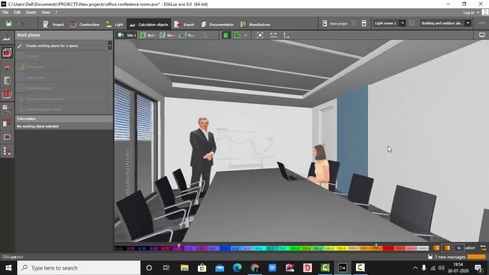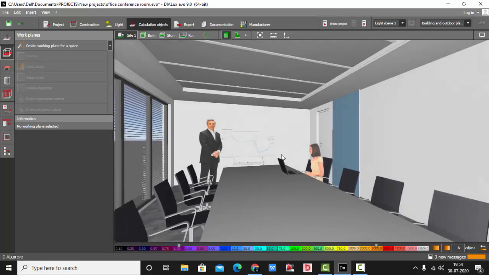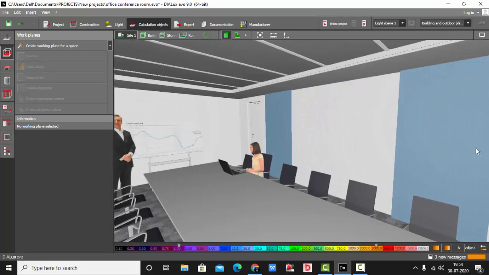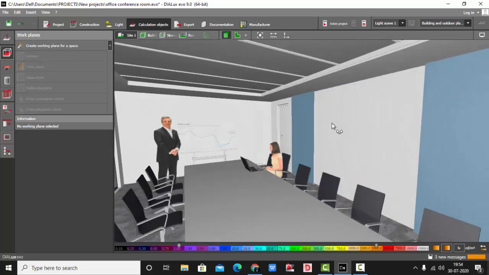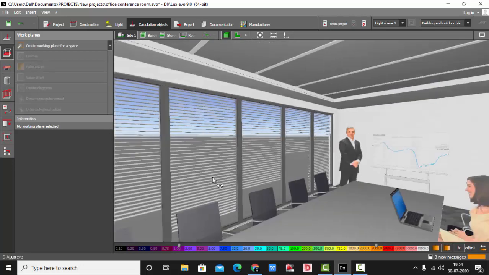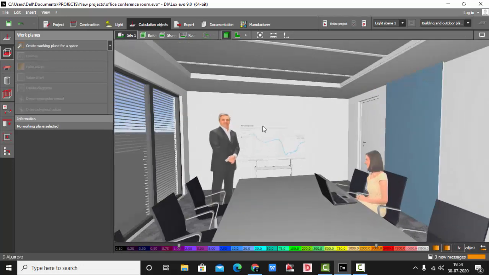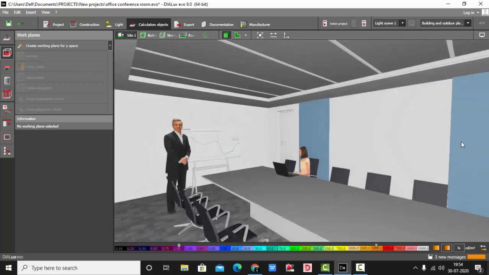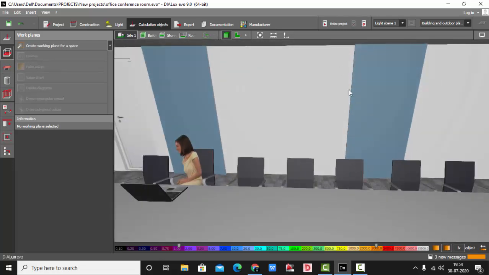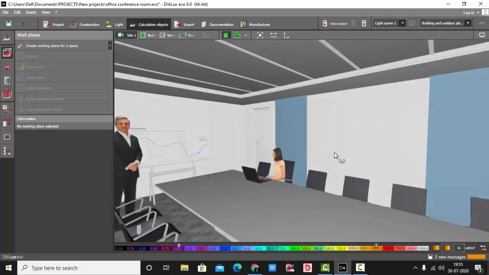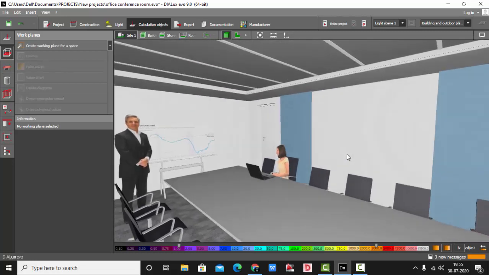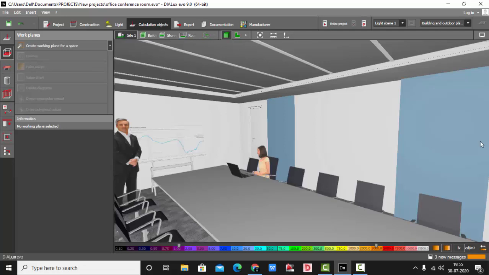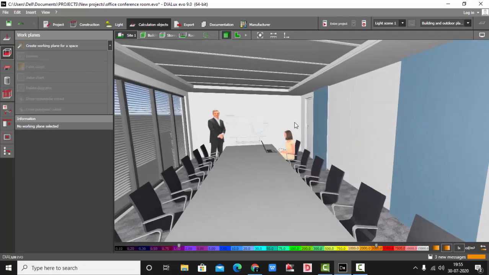First you need to select on which object you need to calculate the vertical illuminance. You can do it for the whole wall, or you can select any one object. Like say here, I have a whiteboard, and I need a very nice light falling here, so I will place one calculation object for this whiteboard. Next I can do it for this one. So we have selected two objects where we are going to place a vertical calculation object. First one is the board here, and the second one is this wall, a different color wall.